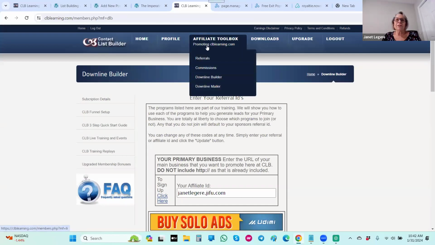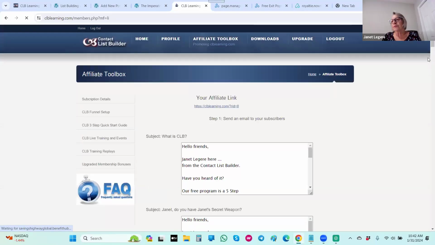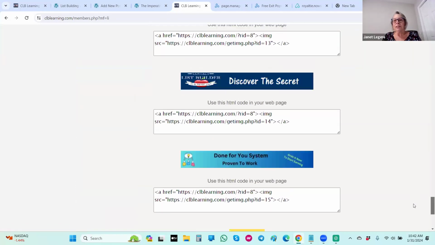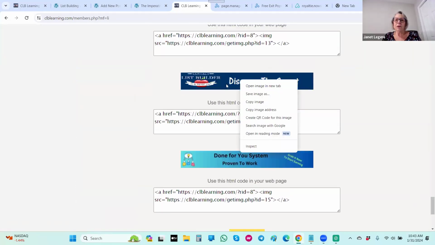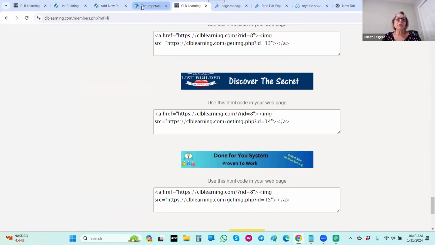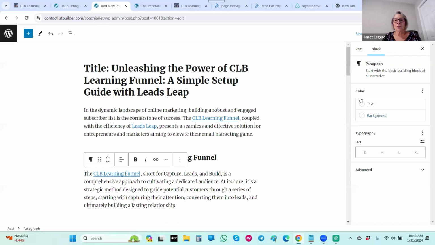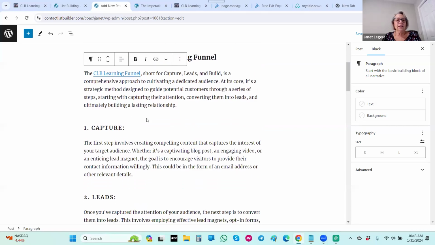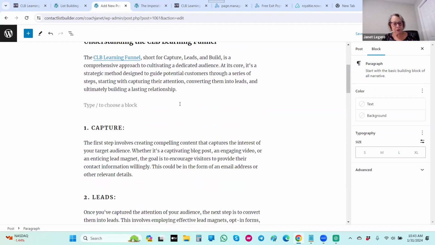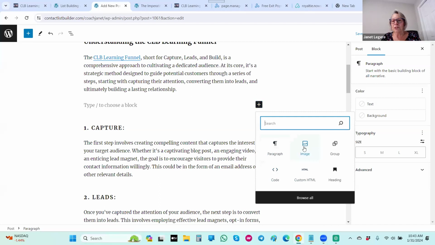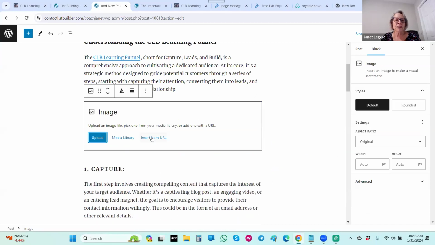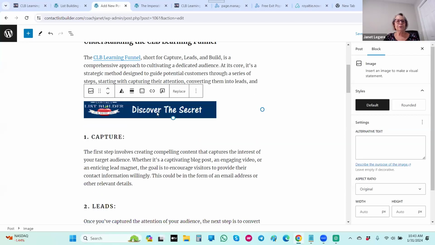I'm going to come to the affiliate toolbox because I want to put a CLB banner. All right, so I'm going to copy this banner, copy image address, and I'm going to go to the end of this paragraph and click on the block plus. I want to insert an image, insert from URL, and I can paste it, and boom, there's my